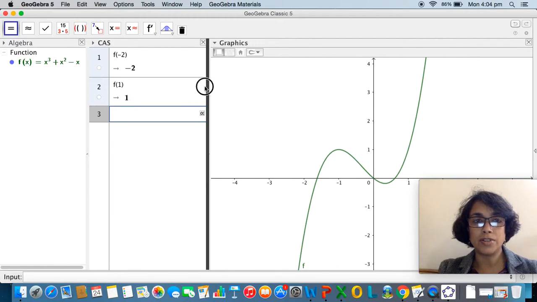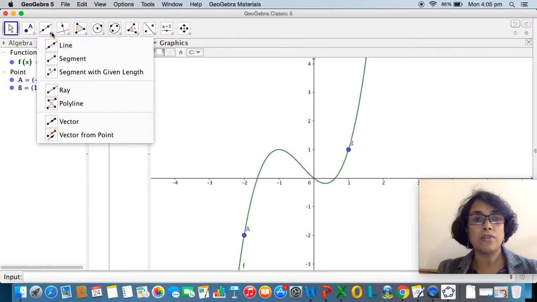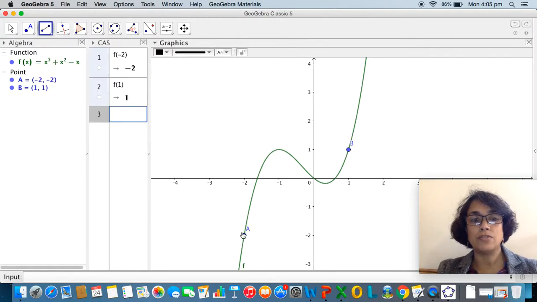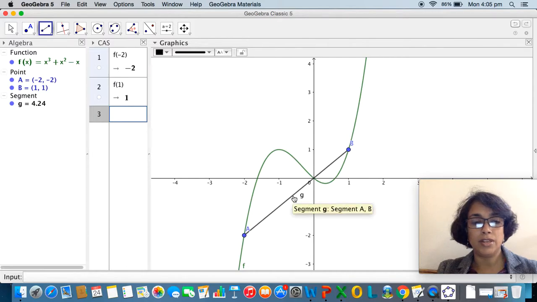So that is interesting. Now we would like to plot the points whose coordinates are minus 2, minus 2. We notice that it is a point on the curve, and a point B which is equal to 1, 1, again a point on the curve. We can use the line option to find the segment tool and draw a line segment joining A to the point B. We could of course go to options, labeling, and only label new points so that we need not show